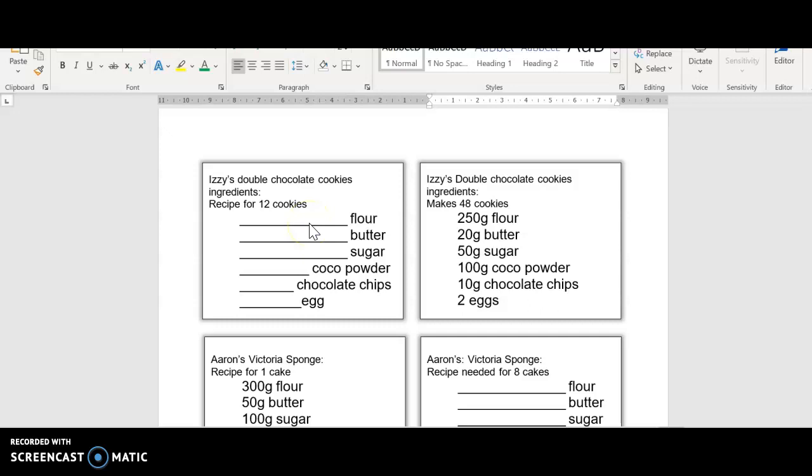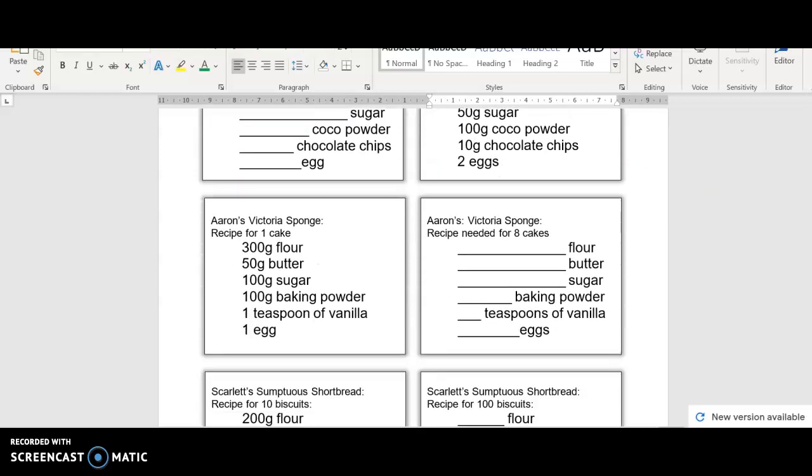You might need your whiteboard and a whiteboard pen to start working out the rest of these. I'm going to start leaving you to it now. You're going to have to find quarter of 20, quarter of 50, quarter of 10, and so on to find out the recipe for 12 cookies. The same